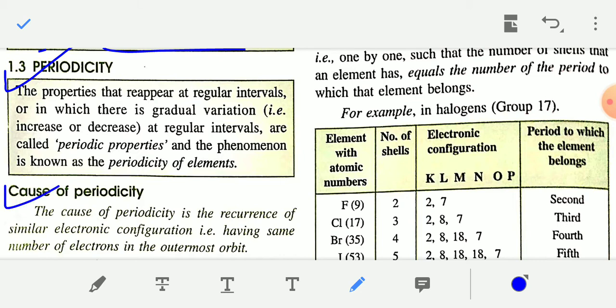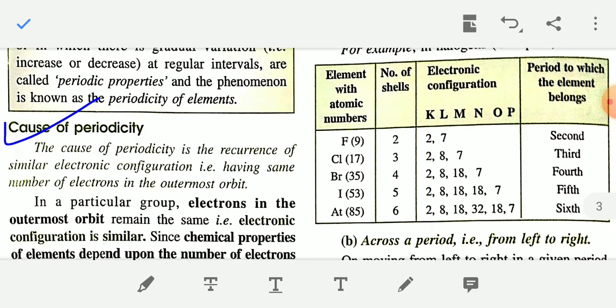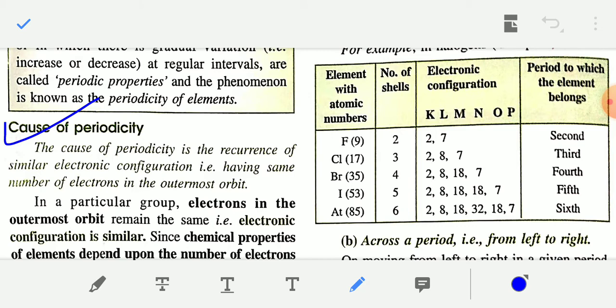And now see the cause of periodicity. The cause of periodicity is the same number of electrons in the outermost shell in a particular group. This is the cause of periodicity. The cause of periodicity is the recurrence of similar electronic configuration, that is, having the same number of electrons in the outermost